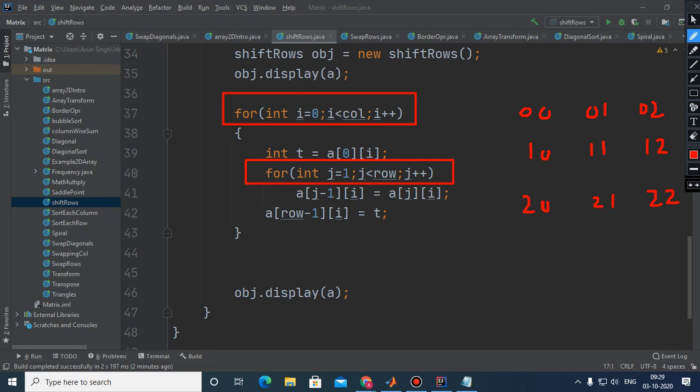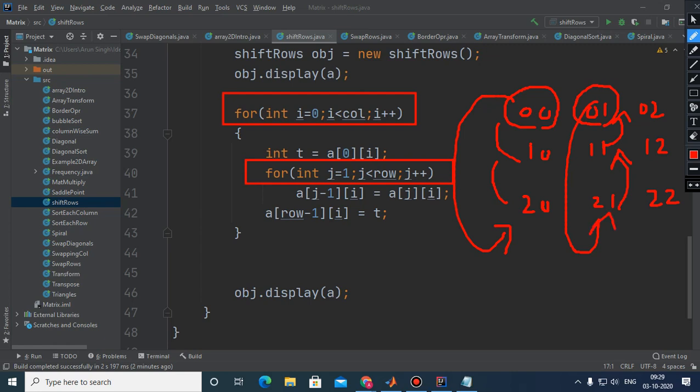So what I have done, a[0][i], when the value of i is 0, I will pick this element for the first column, and other elements I will shift, and further this element will come at the end with this process. In a similar way, when i is 1, I will be picking this one, and in a similar fashion all the elements will get shifted towards up, and this element will come at the end. In the final step, I will pick this element, the rest of the elements will get shifted towards up, and this element will come at the end. This is the process which I have done.